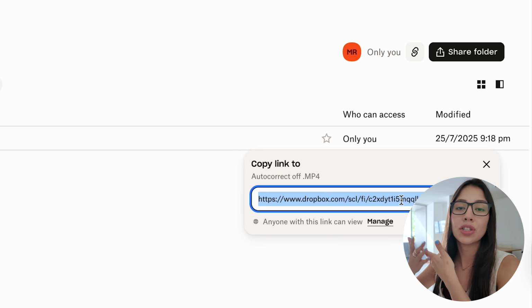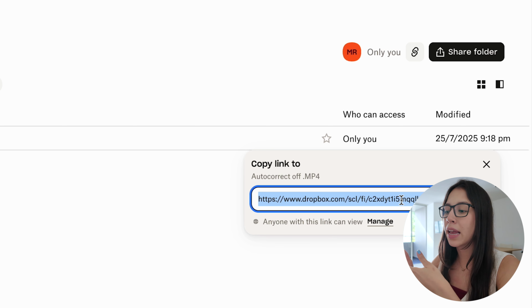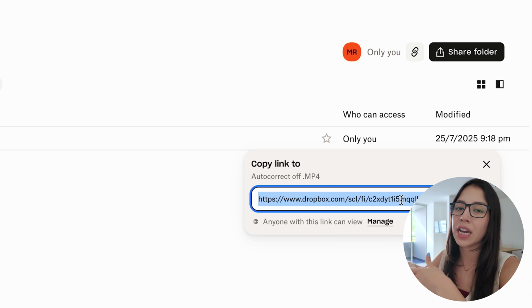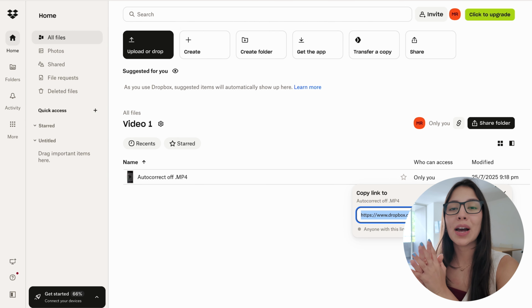So once you send the link to someone, now they're able to click on the link and get access to your video, your data, or your images. And that's it. That's how easy you can share